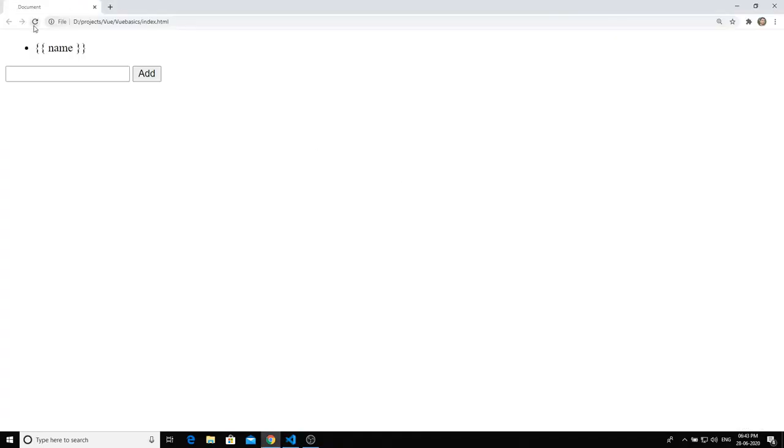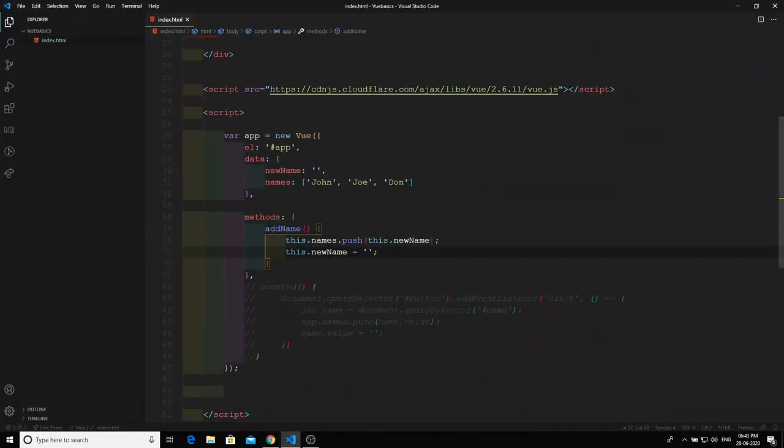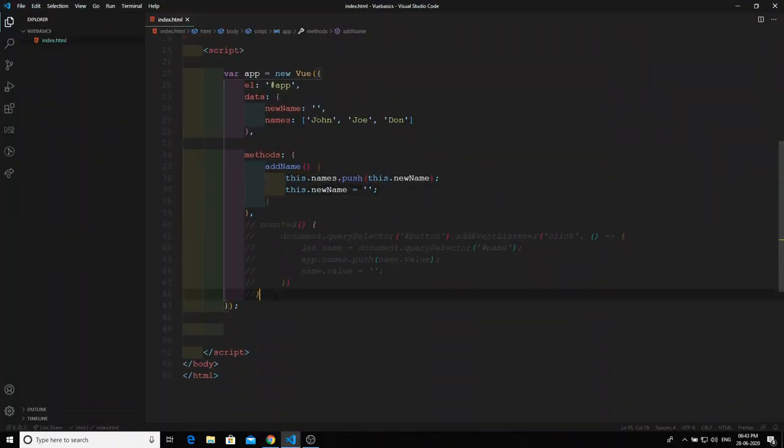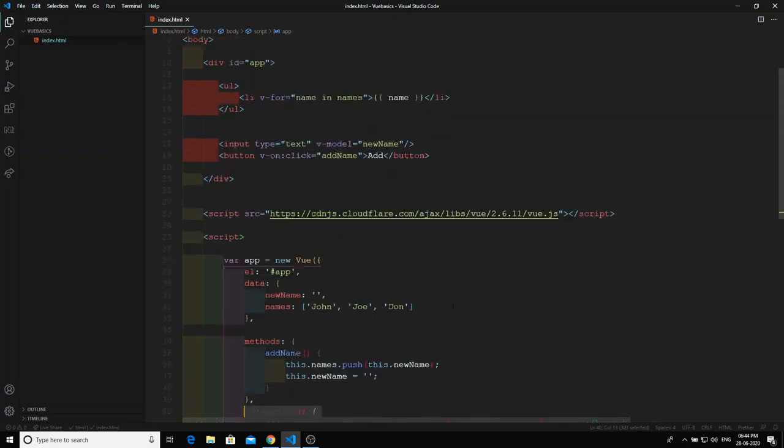If you refresh and write anything, the input box is emptied and the new name is added into the names array. So this is how easily we can write the code with two lines using Vue.js instead of traditional vanilla JavaScript.